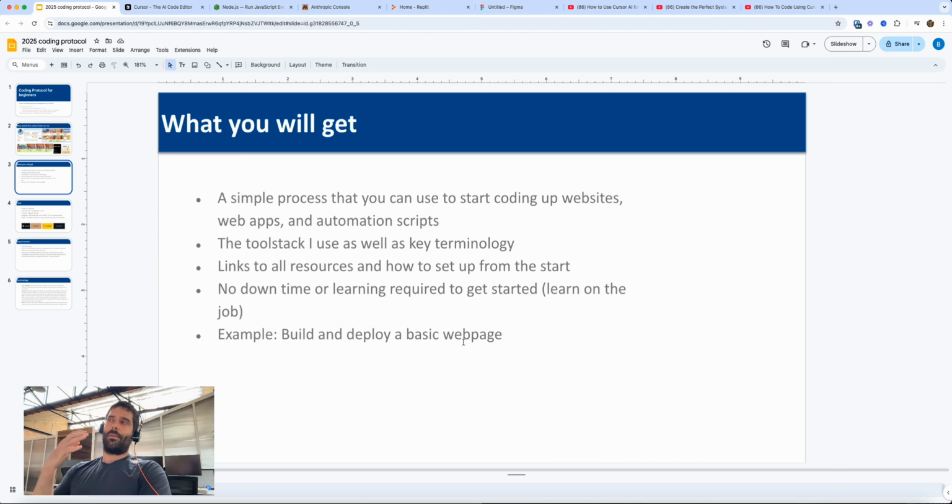So the main thing I want to show you in this video is the tool stack that I use, which coding language I predominantly use, and then how the workflow is. Because your actual skill set will be developed in you running different projects and actually using the workflow to build a website, to automate a script, to build a web app. All that key learning is going to be localized to you. And I just want to give you a structured way to actually learn, and a structured way to code something start to finish.